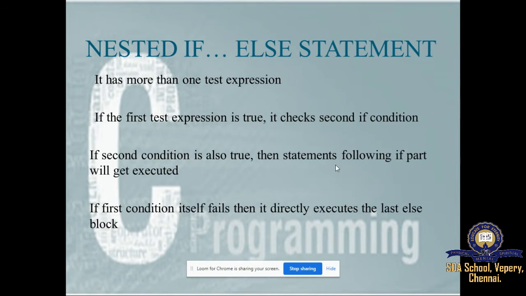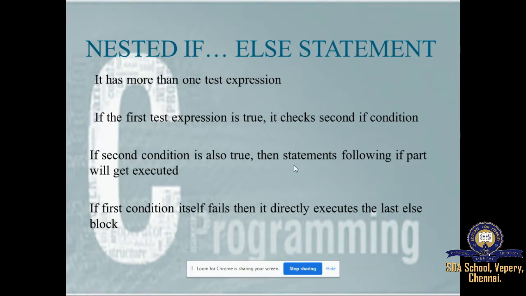For example, when you go to print a number that is a positive number, and also it should be greater than some value, it should be greater than 10. So it will be checking two conditions at a time. It has to satisfy both the conditions. Then only the particular number is greater than 0 as well as it is a positive number.